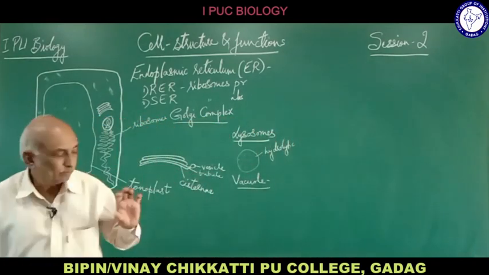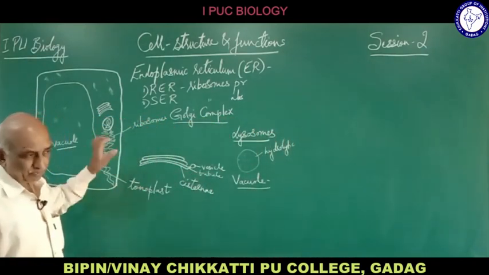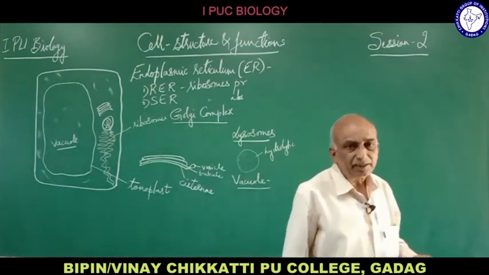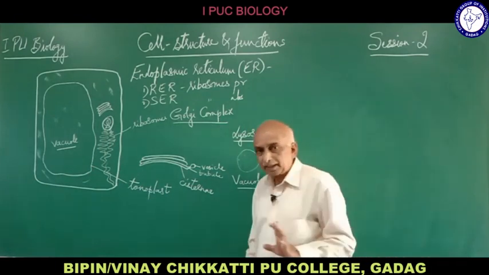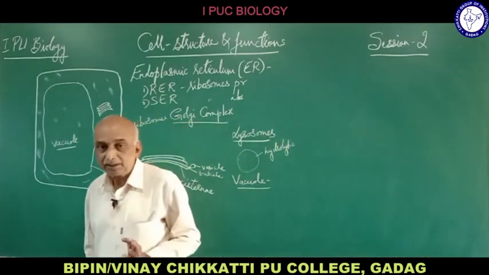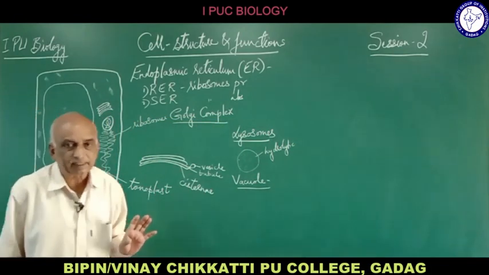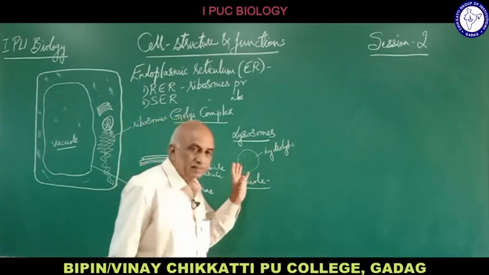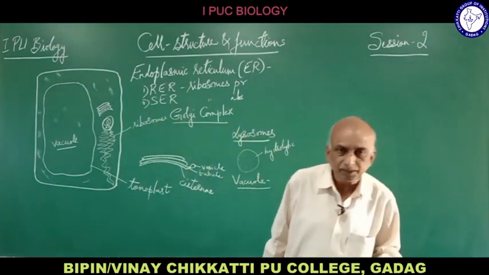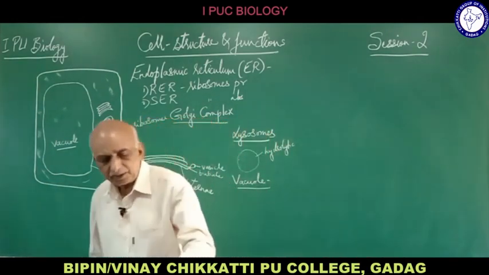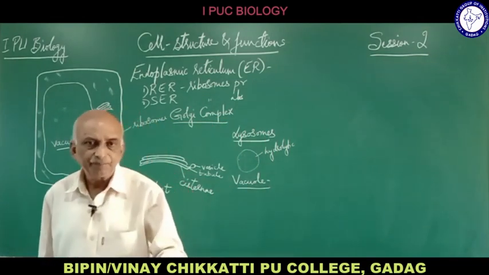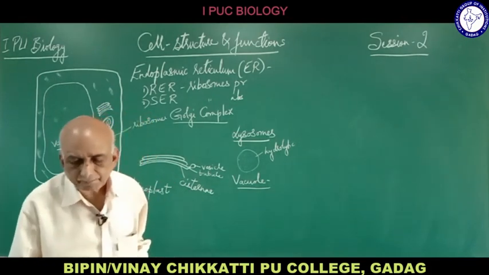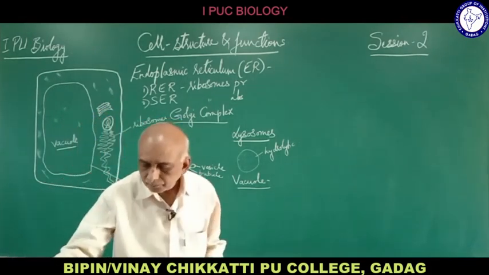Suppose when the food molecule is present on the outer side, the cell membrane will engulf that food material, and it will be taken inside, or in other words it will be engulfed into the cell, and that forms the food vacuole. That food which is present in the vacuole is later digested by the action of the lysosomes. That is how the lysosomes are involved in digestion. The food vacuoles store the food material. This is about the structure of the vacuole.